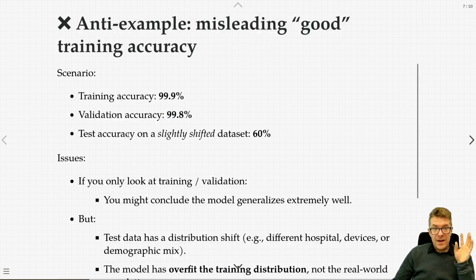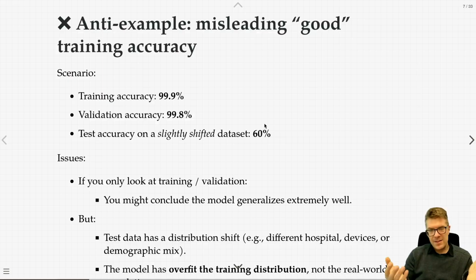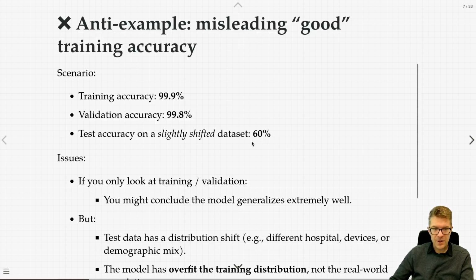And then we take our test accuracy on some slightly shifted data set. This could be the case in situations where you're working outside of computer science, in domains where the test set is truly held out. In fact, this is even true in computer science. There are workshops with a competition where the organizers just don't show you any of the testing data. You send them your models and your scripts, and then they run your code on their data. Or in the case of, say, healthcare, you have tons of data at your site, and then you deploy to a hospital up the street, and performance doesn't seem as good as it ought to. So this is a bit of a problem, right?